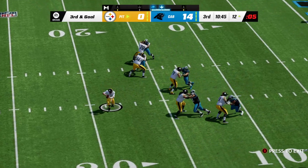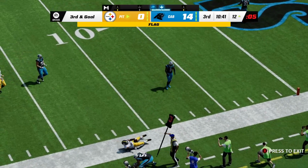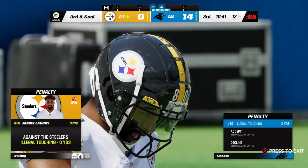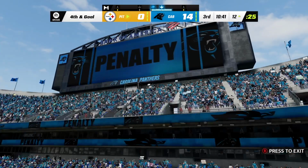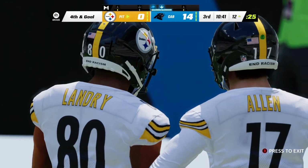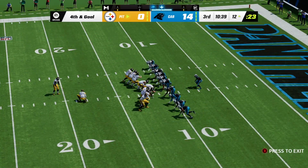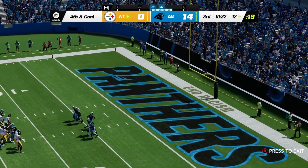Allen now looks to throw. Now he's flushed out right, and he's got the hook up to Landry. Illegal touching. Offense. Now Chris Boswell for the Steelers field goal try from the right hash, and this one just a chippy. Boswell's kick is good, and they will get themselves on the board here at